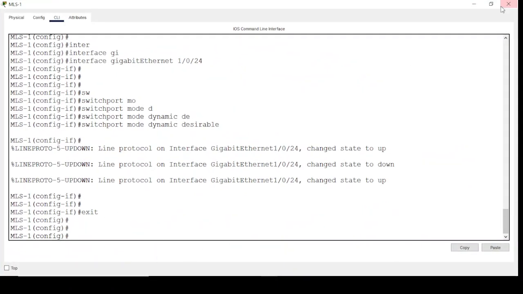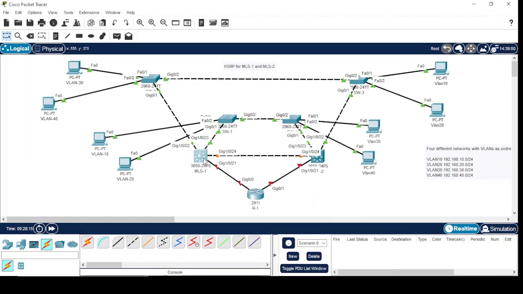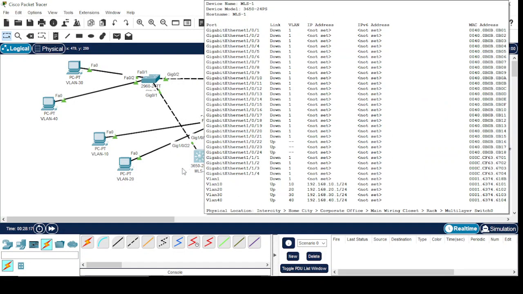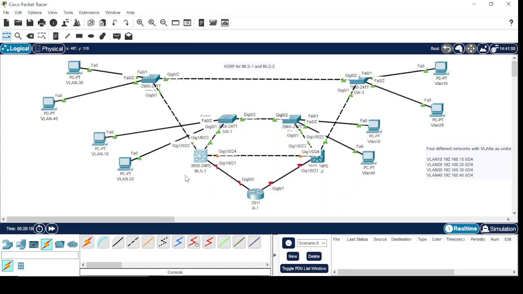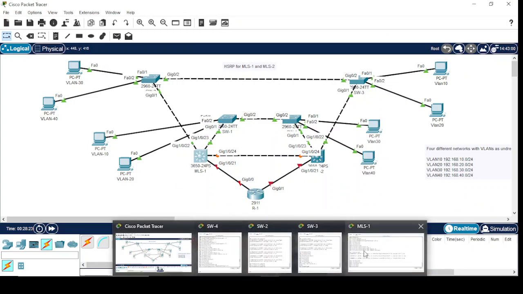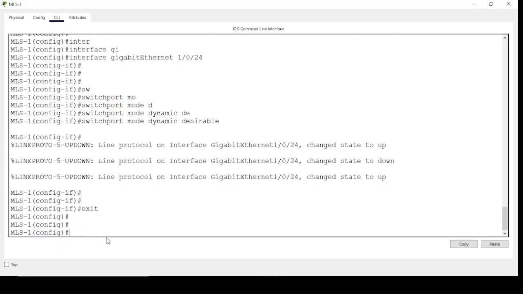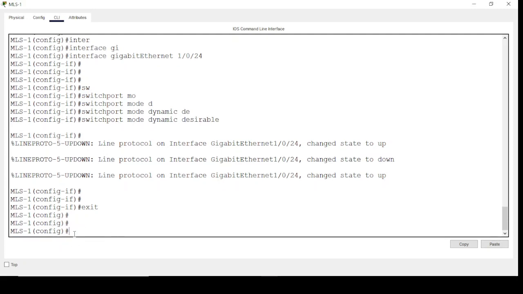Now I want this switch to be a root switch. So in order to make this switch a root switch, I have to configure it as a root switch. For VLAN 1 we will configure it as a root switch, and in order to make it a root